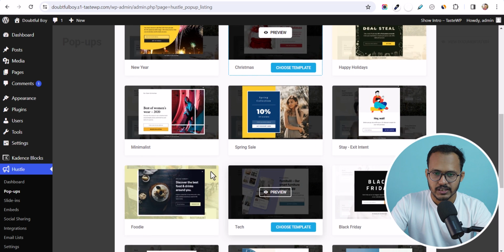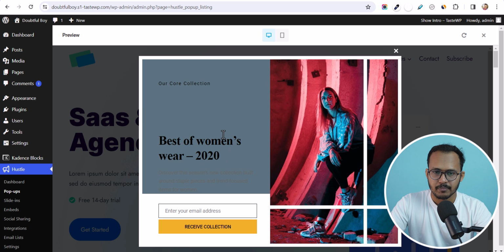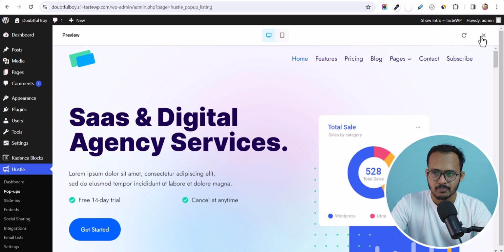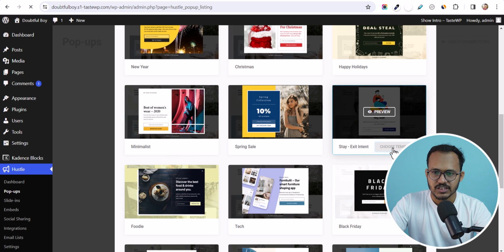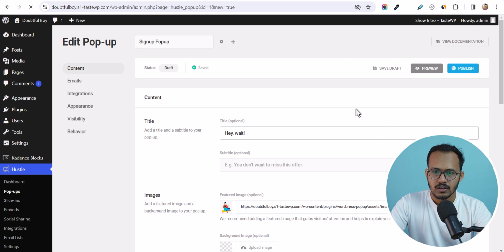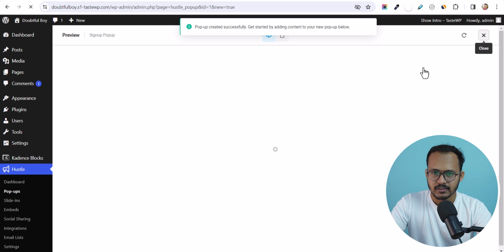Now let's check a different pop-up here. And as you can see, you have a lot of options, so you can easily customize these pop-ups. So let's add this option, exit intent. Let's click on choose template here. As you can see, we have selected this template. You can click on the preview button, and you can see the